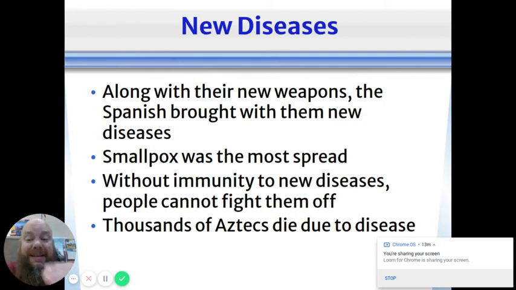And then the disease has to fortify, it gets stronger. And so then the next generation, their immunity gets stronger, and then the disease gets stronger, and then the immunity gets stronger, back and forth. But when you are a civilization on the entire other side of the world that never had any of these diseases, smallpox is the one that did people in the most. When a new germ or disease is introduced into a community, it literally wiped out entire civilizations, hundreds of thousands of people. And we're seeing a smaller scale version of this right now with the coronavirus.